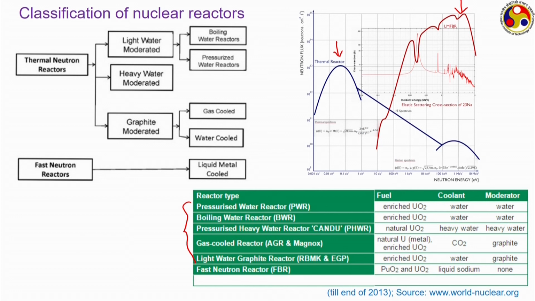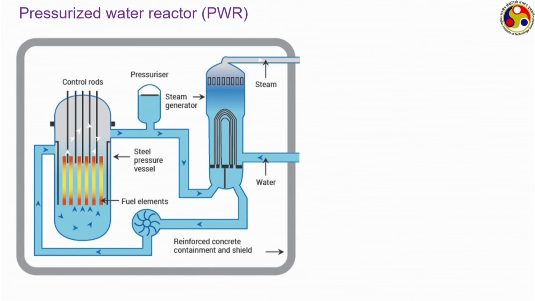And in a light water graphite reactor, the coolant is water, but the moderator remains graphite. Now, the first one, probably the most common one, is the pressurized water reactor, or PWR. The pressurized water reactor is the most common type of nuclear reactor that you can find throughout the world in different countries, like in the United States, in several European countries like Germany or France,